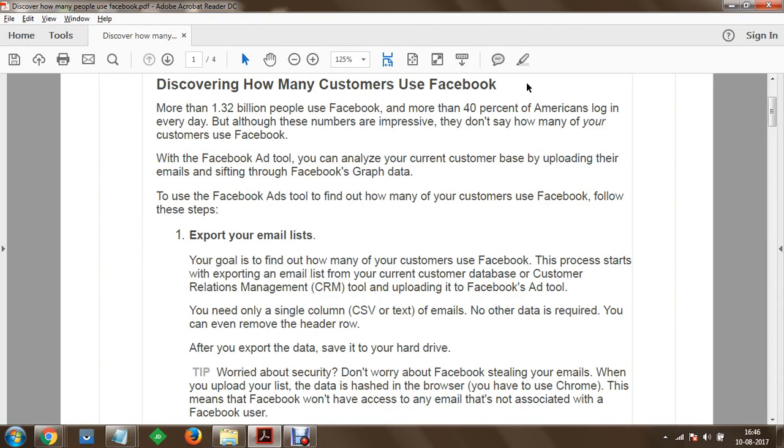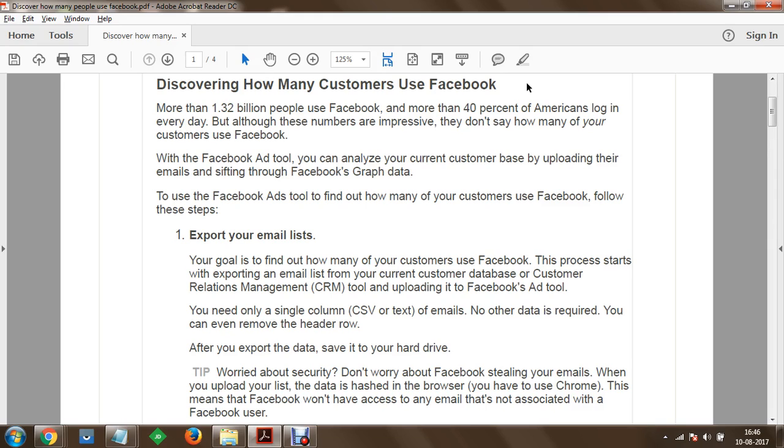Welcome. In this session, we are going to discover how many customers use Facebook. For example, let's say I have a website, and for a long period of time I've been taking registration information of my users and storing it in a database on our website. Now today, I would like to promote my product over the internet, or let's say to all the users available on Facebook. And I would like to share this information with my existing users whose email IDs I have available